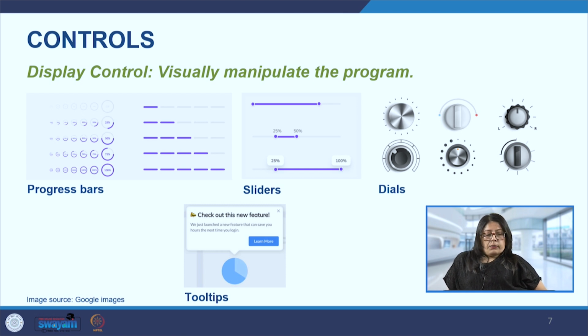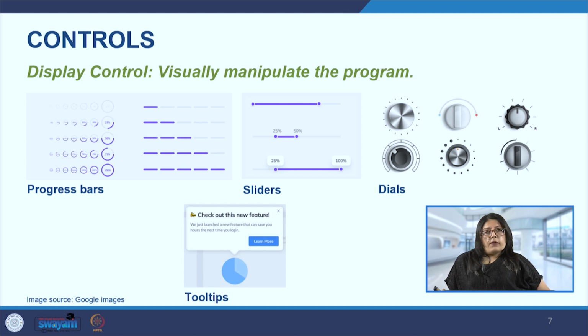The next is the image or video displays. This shows static images or videos that users can view or interact with. Then we have charts and graphs, where the user can modify the information and then see it visually with the help of charts and graphs. It tells us the trends, comparisons and patterns that can be seen through these charts and graphs. And we also have maps. These maps are interactive geographic displays which allow the users to view and interact with the location.